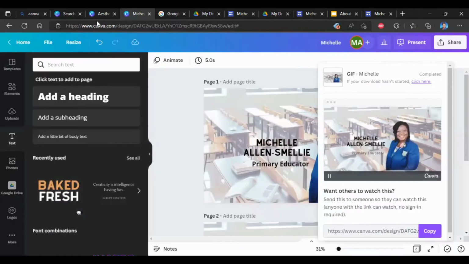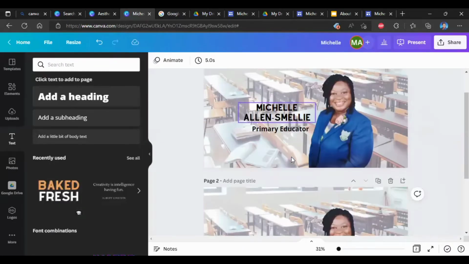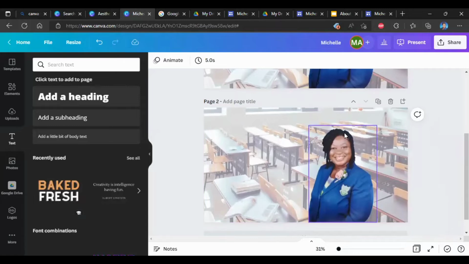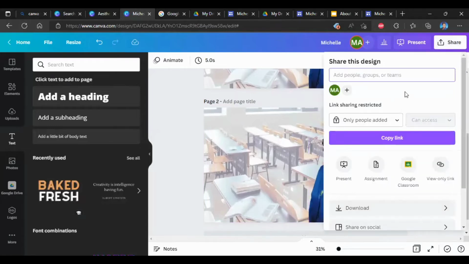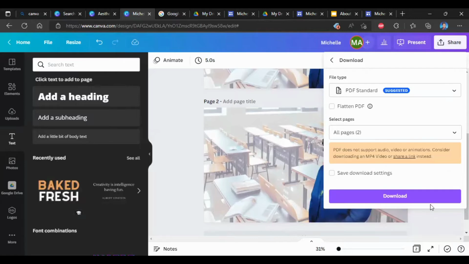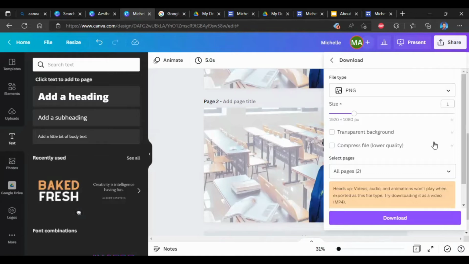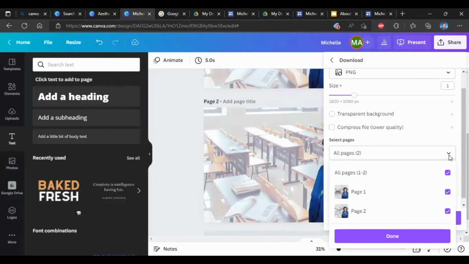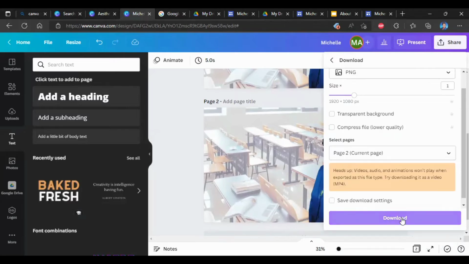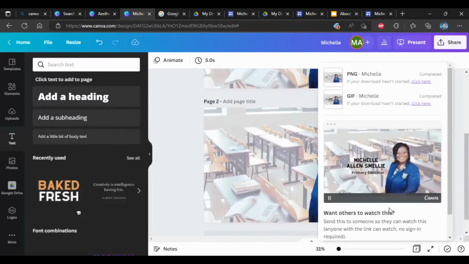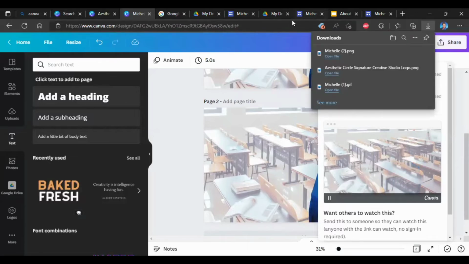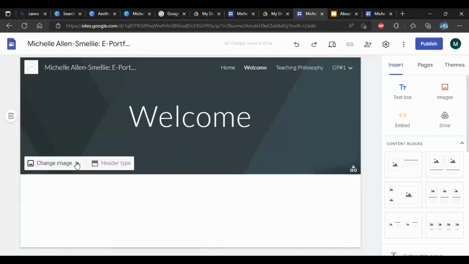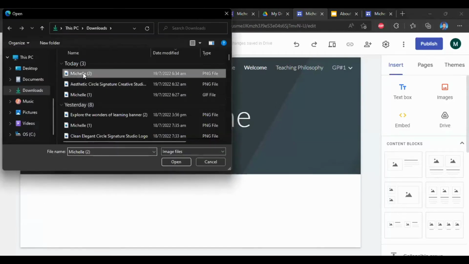Remember, we had created our header in Canva already. So we are just going to go ahead and download page 2. It's in the PDF version. We don't want PDF, we want PNG. And we don't want all 2 pages, we only want page 2. So we're going to click page 2 and click done, and we're going to download. Already downloaded. So we go back to our site, and it says change image, upload, and it's Michelle number 2,